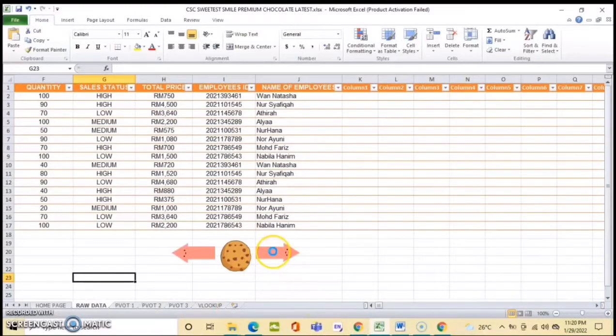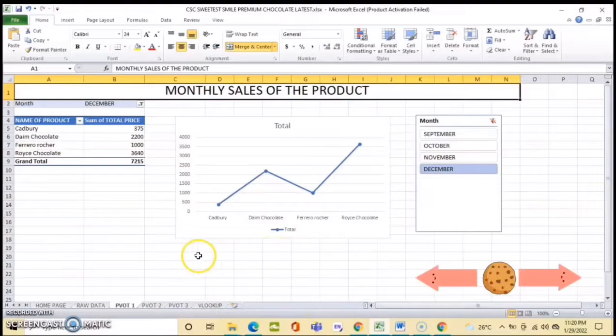Next, monthly sales of the product consists of 4 months that are September, October, November, and December.